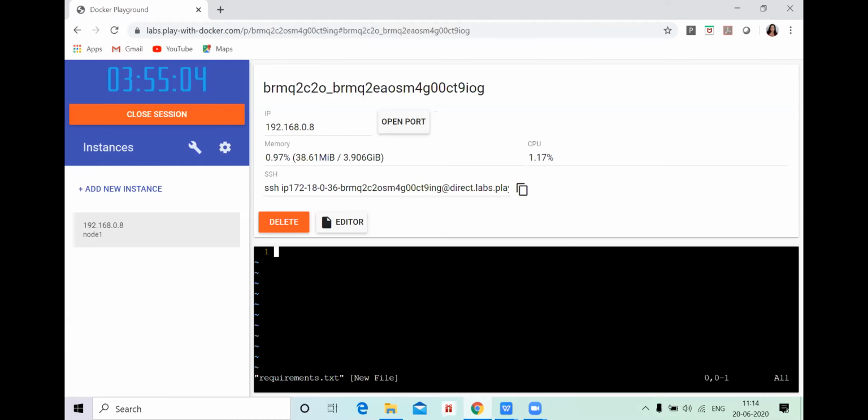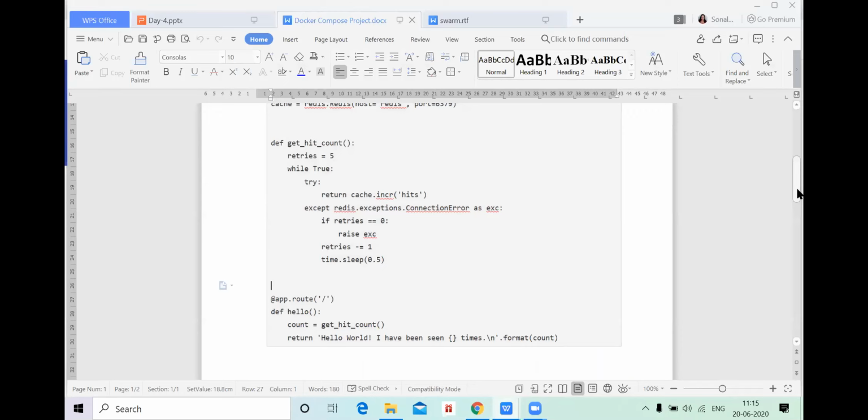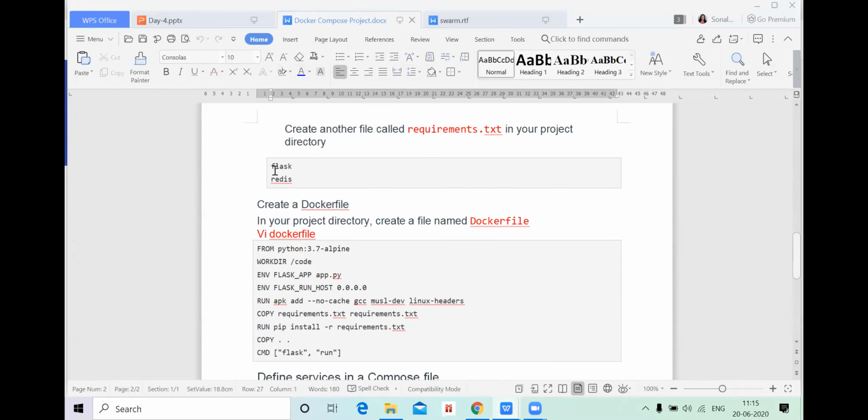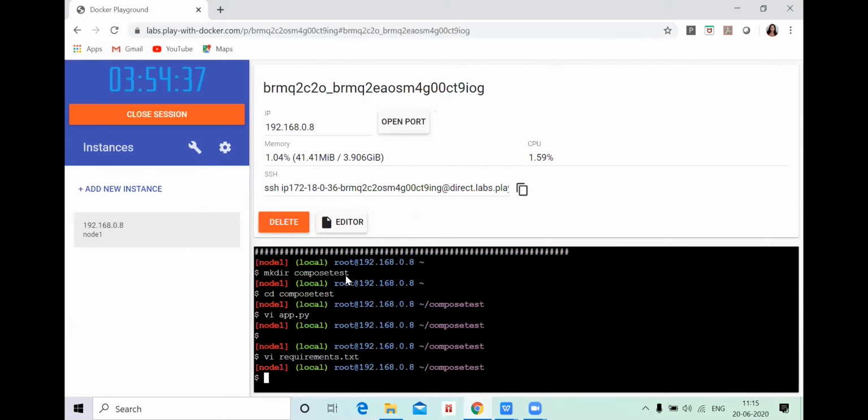So I will be opening that. Here I have told you that my first is my container name, which is Flask, and the second one is my server name, which is Redis. So these two things I'm going to copy and paste. Once it is done, we'll just save it and come out.